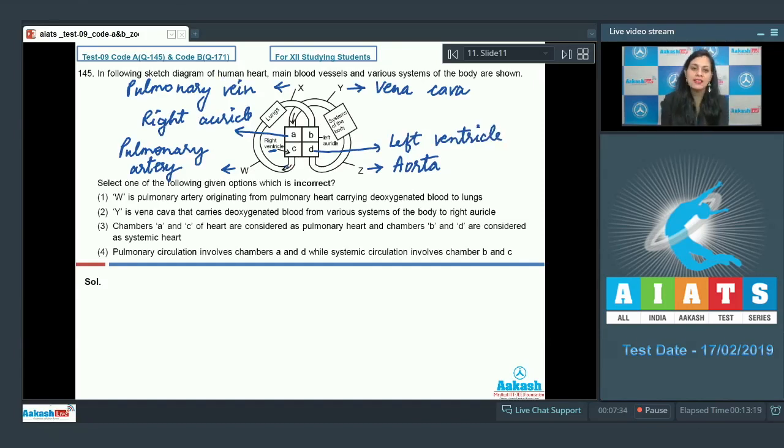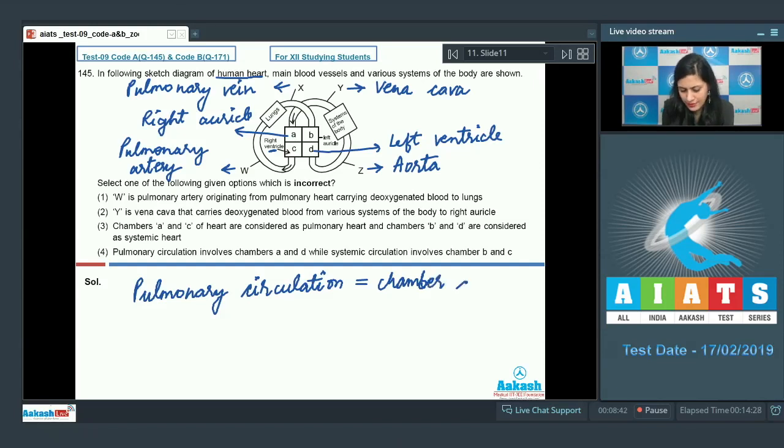And we can say that if the sketch represents human heart, then deoxygenated blood is pumped from right ventricle to the lungs through pulmonary artery, and left auricle receives oxygenated blood through pulmonary vein. This represents pulmonary circulation, which involves chamber C and B. On the other hand, oxygenated blood is pumped from left ventricle through aorta to the systems of